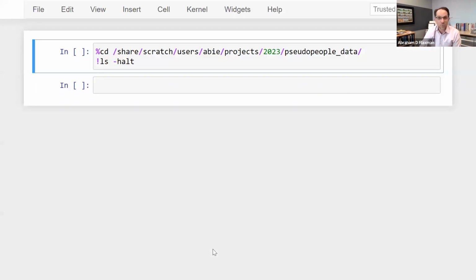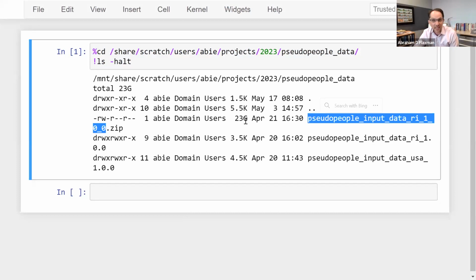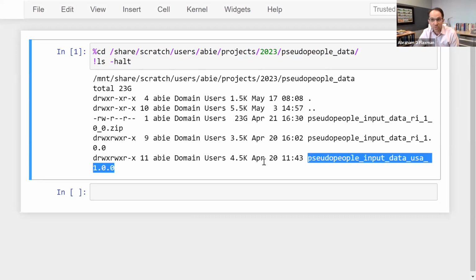So instead, I'm going to switch now to one that's running on one of the IHME computers with a lot of memory and show you how, if I've downloaded a pretty big file of pseudopeople input data, this is 23 gigs of data to do a full-scale version of Rhode Island. But this folder is based on 400 gigs of data to do a pseudopeople full-scale run of the whole USA.